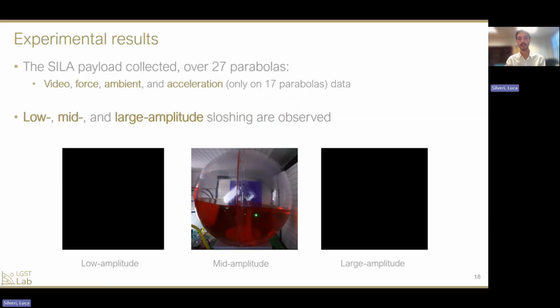The SILA payload collected video, force, ambient, and acceleration data over 27 parabolas. Acceleration was recorded only for 17 of the 27 parabolas due to a malfunction. And during these parabolas, low, mid, and large amplitude sloshing are observed. So all these 3 types of sloshing, and as we can see here,